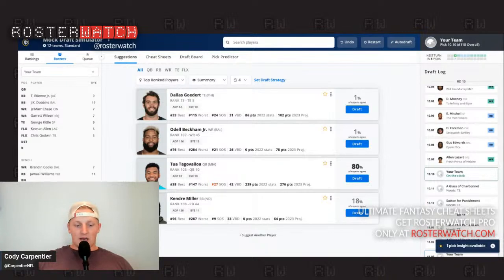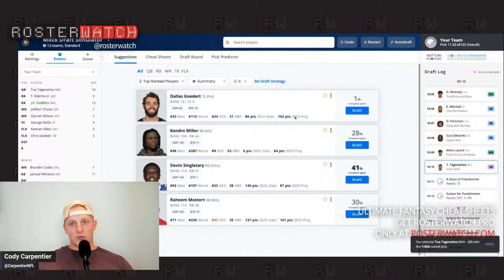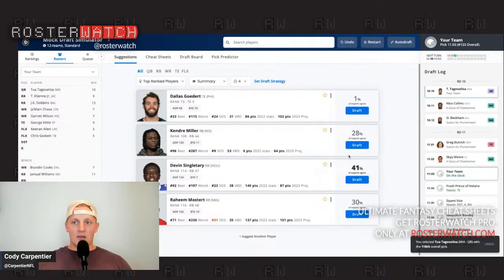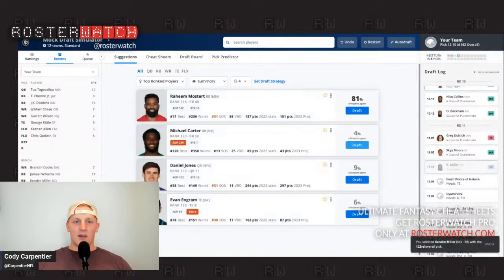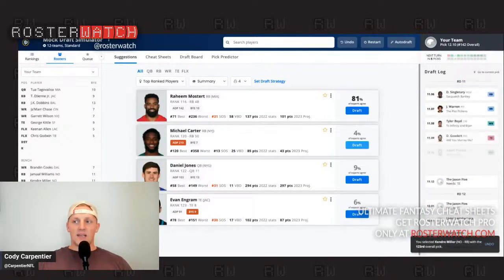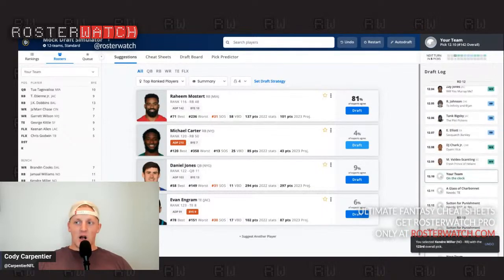Let's see where Odell Beckham is. He looks like he's the best player available on our board, or Tua Tagovailoa. I'm going to go ahead and take our quarterback right here in Tua. We don't have any stacks to go with him, but that's okay. We're going to take Tua right here, and then we're going to take our next pick being Kendre Miller at running back. So we can take Kendre Miller at the 11:03,